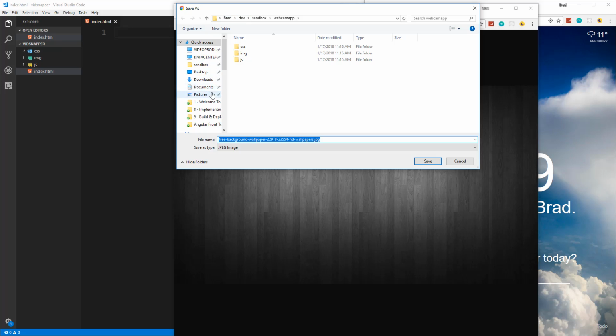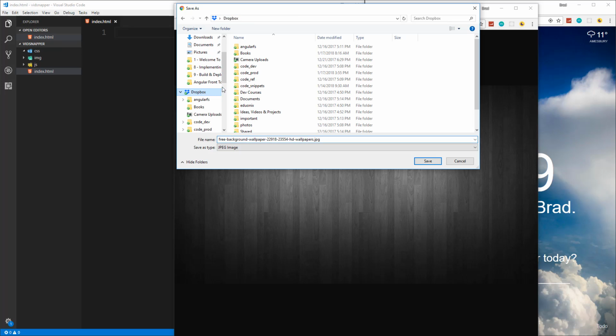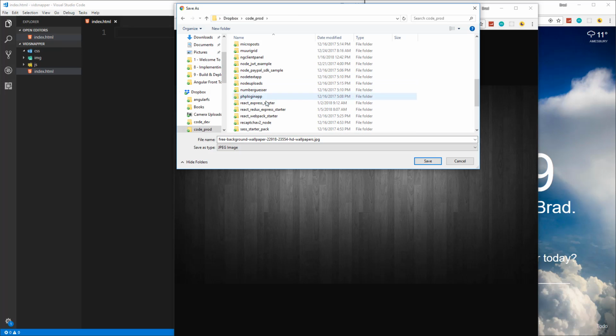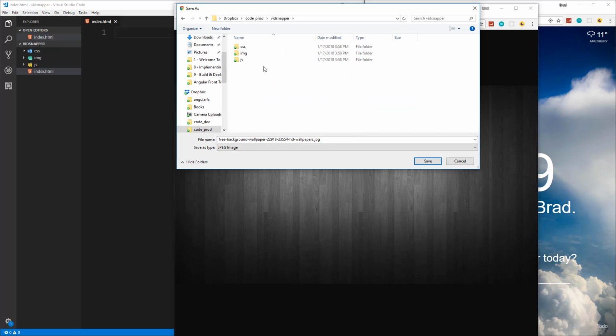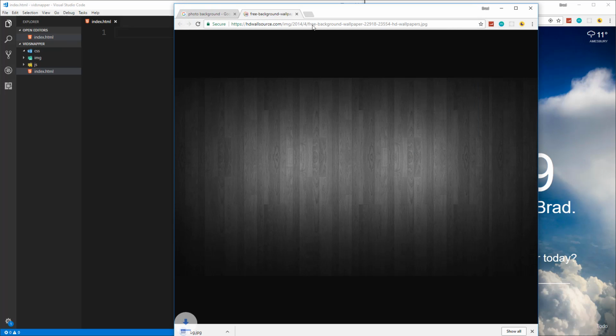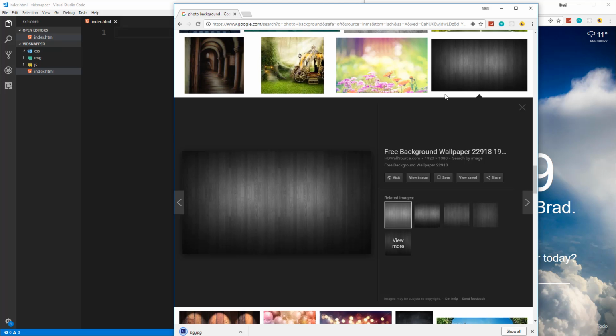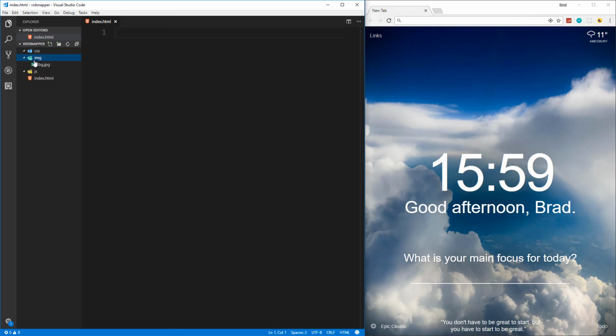Let's see, that's the one I already built. I want to save this into CodeProd, VidSnapper, and img, and I'm just going to save it as bg.jpg. All right, so we'll get that out of the way. Now that we have that image in there, we're going to create inside the JS folder a file called main.js. That's the only JavaScript file we'll need, and we're just going to need one CSS file